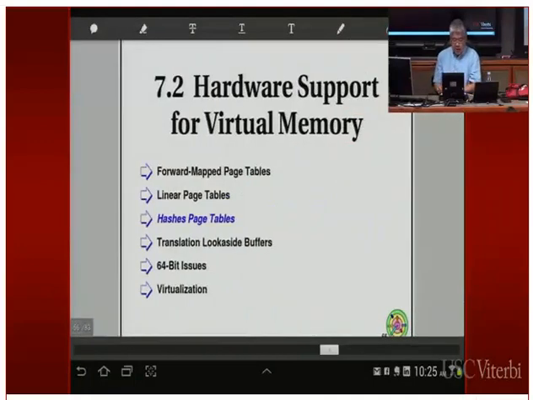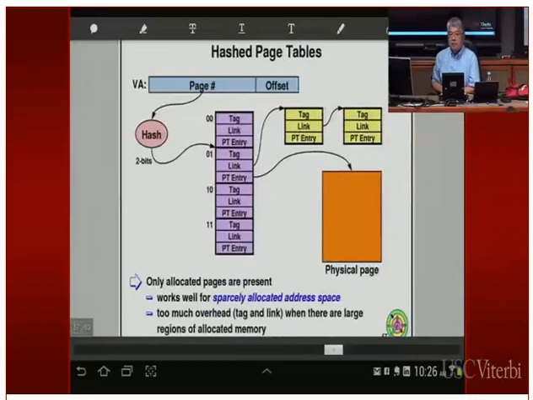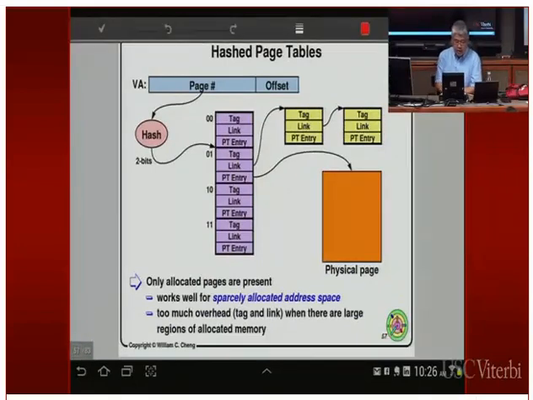Okay, another alternative, right? We see one approach to solve the page table too large problem is to use hierarchy, right? The other approach, of course, is hash table. So you can also use a hash table. And for the hash table, we're going to start with the 2-level scheme, right? We're going to have 20 bits over here, 12 bits over here. And for the virtual page number, instead of having 1 million entries, we're going to use a hash table. We're going to take these 12 bits and send them to a hash function.